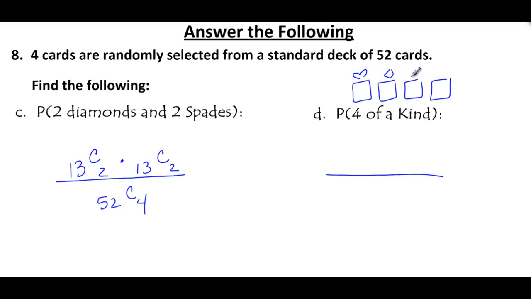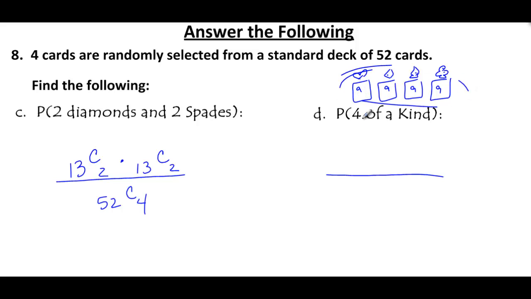We have, let's see if I can draw this, spades. And we have clubs. Okay, those are the 4 suits. These are the black suits, the red suits. So if I get a 4 of a kind, for example, I'm going to have, say, the 9 of hearts, 9 of diamonds, 9 of spades, and 9 of clubs. So I'm not really choosing the suit because I want to guarantee I have 1 of each. What I'm choosing is,